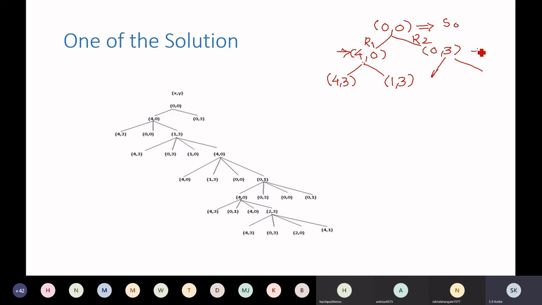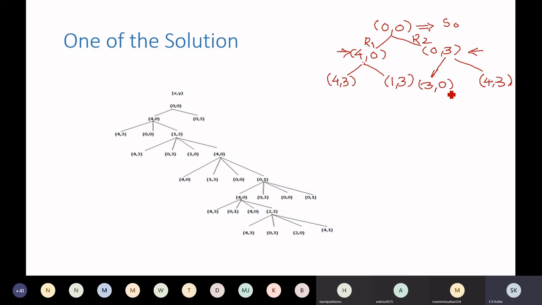If your current state is (0, 3), now (0, 3) is not a goal state. So next state can be (3, 0). Right, correct. (3, 0). That means the rule is pour water from the 3-gallon jug to the 4-gallon jug. And another possibility? (4, 3). Correct. You are on the right track. (4, 3). What is this (4, 3)? That means you fill the 4-gallon jug completely. So if you select this rule, you will get (3, 0). If you select this other rule, you will get (4, 3). Check. Is it the goal state? No, they are not goal states.